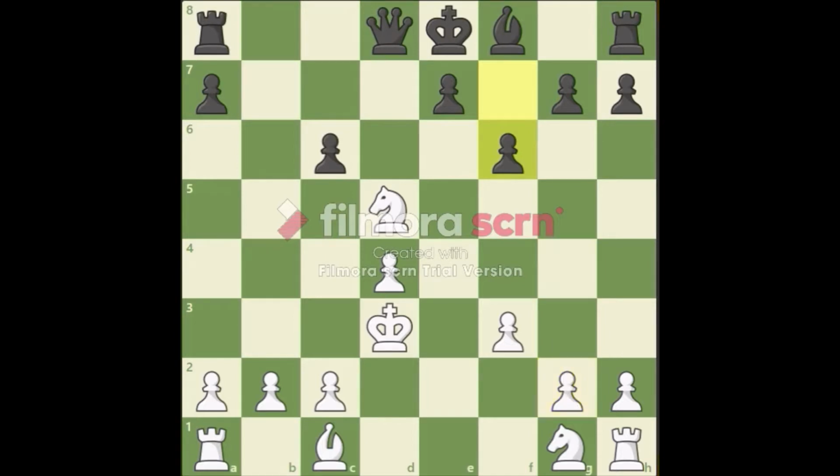Now that you have learned the notation, it's your turn to practice chess notation. And chess notation is important because grandmasters and intermediate players play with chess notation. And second, it will also help you go through chess books.